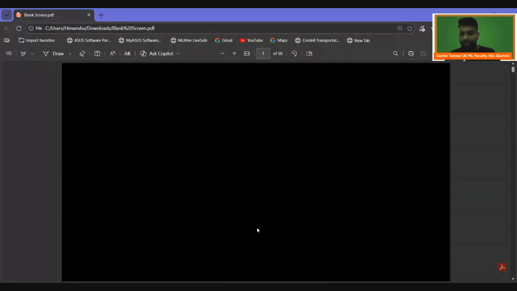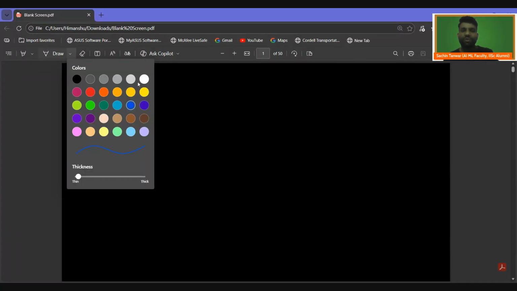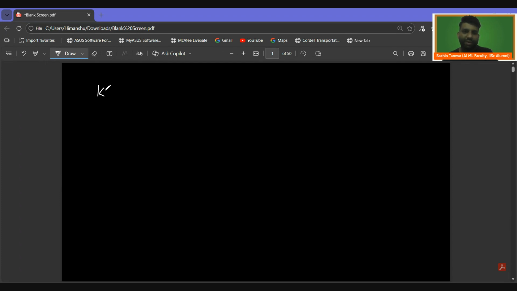Cool. So I hope my screen is visible. First of all, I'll tell what exactly the two algorithms are which we are going to talk about. It's simple KNN and K-Means we'll be talking about. Once we understand what both of these are, I'll give you the contrast, what exactly is the difference between these two, and then we'll go one by one through each of these. So if I talk about KNN, the underlying idea is